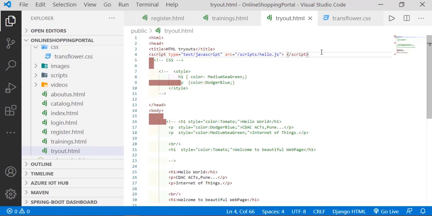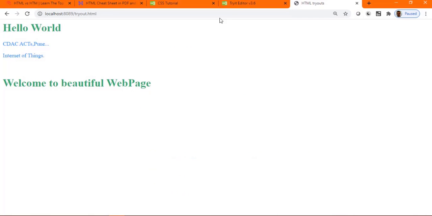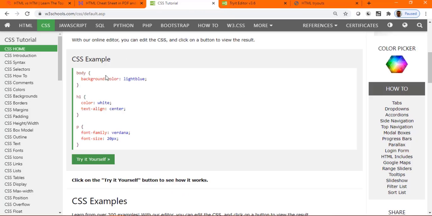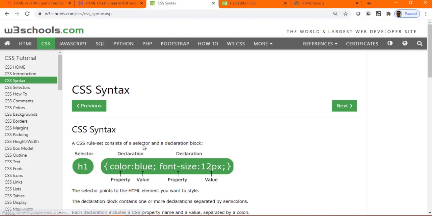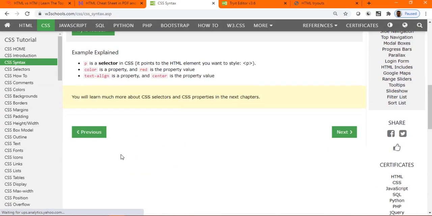So even if you just go back, I'm trying to tell you how you can take advantage of this kind of document. So, syntax of CSS: property, value, property, value, and h1 will be a selector. If you want to link that thing, you can link it by using some kind of attribute. So when I go back to CSS, I may find how to link my CSS. If you want to link your CSS, I think you can do one thing. What is that, a link?